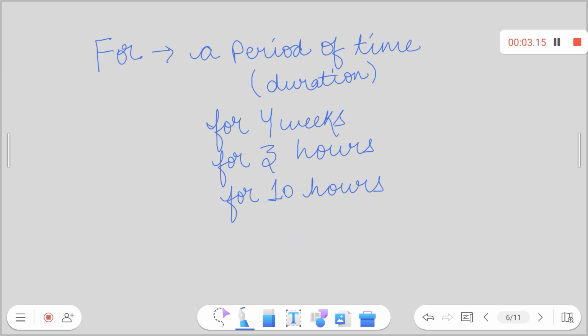Now comes our use of for. Whenever we talk about a period of time, or whenever we talk about duration, we'll use for there. Like if I say I have been ill for 4 weeks, we use for there, because it tells about a duration. This also tells about a duration. So we use here for. Next comes